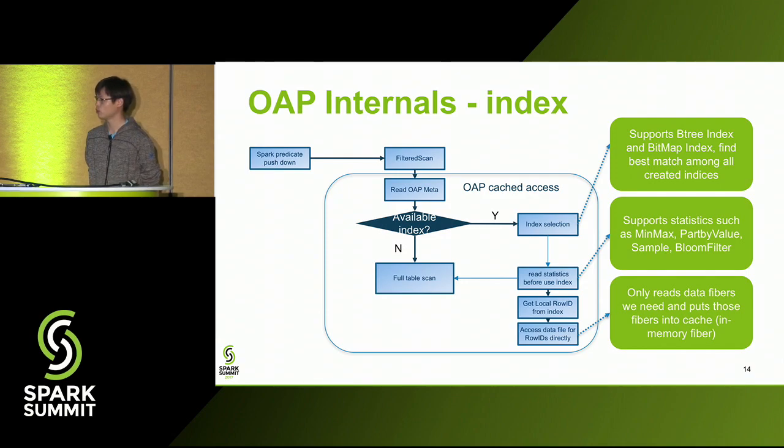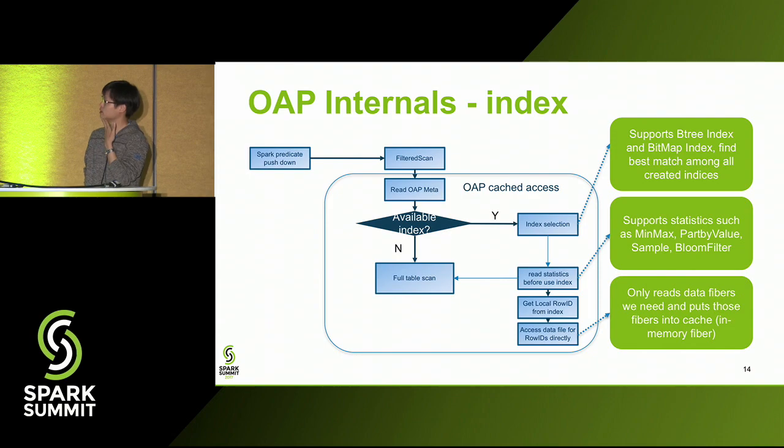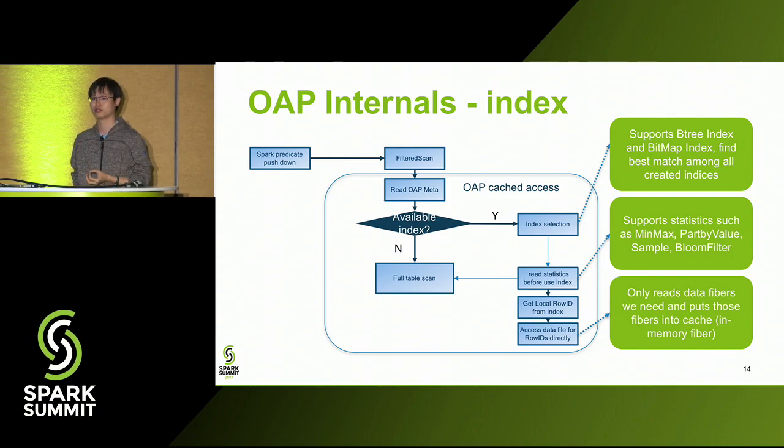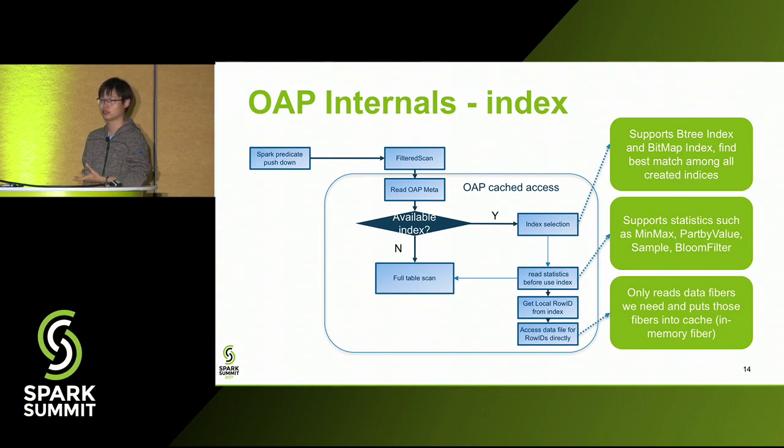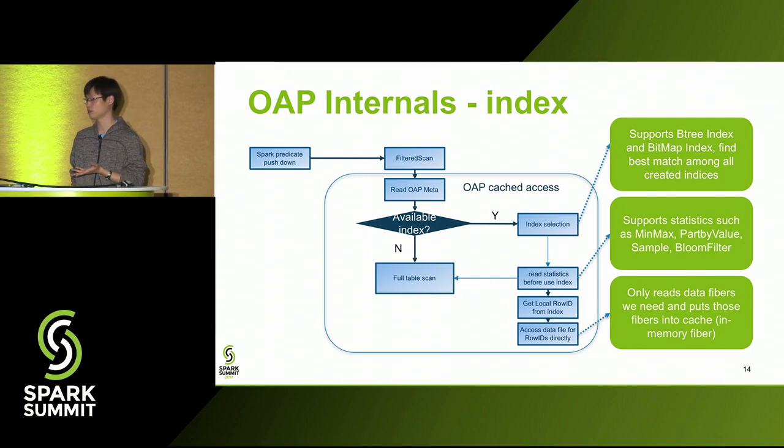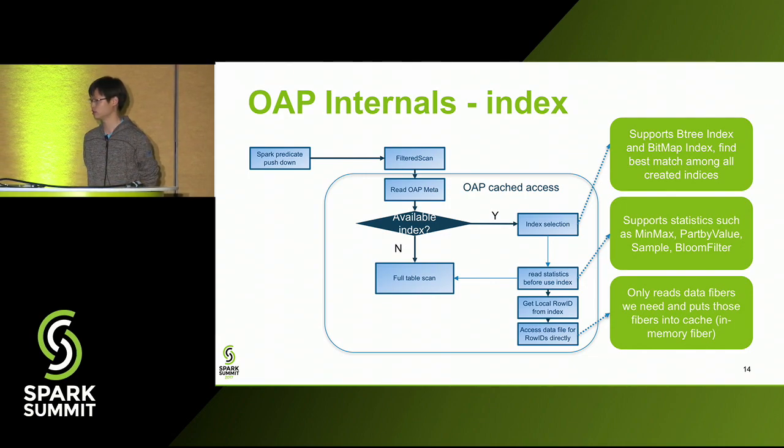And then when the query comes in, Spark would do predicate pushdown for us. Here we can see that we get a filtered scan, and inside we would first refer to our metadata to see if there is any available index to accelerate the query. If there is, we would check all the indexes matches to find the best one that can optimize the best for the query. And then we read the statistic data to define if this could really benefit the